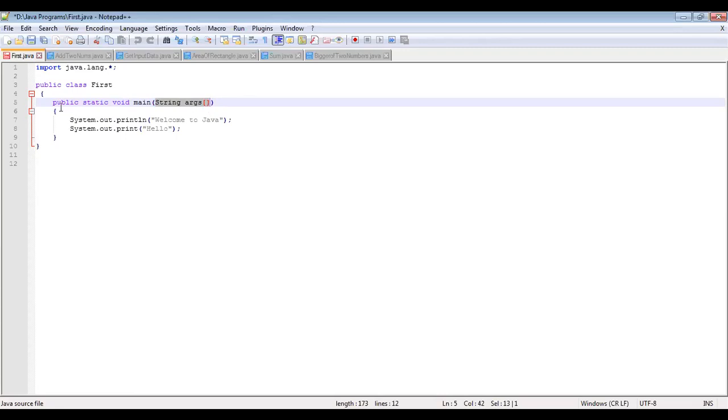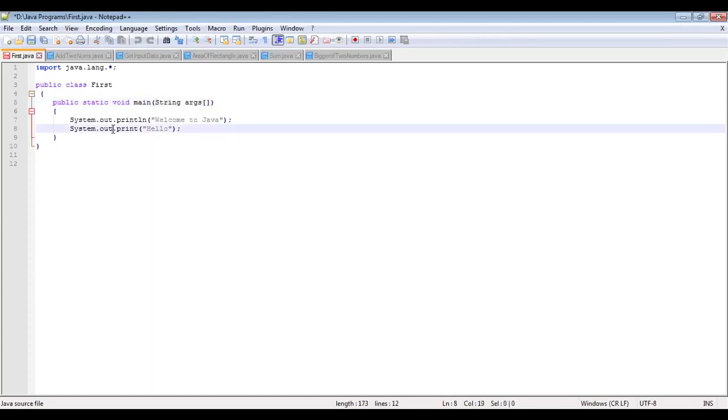So we have discussed public, static, void main, and String arguments. So what was this String args actually? Any Java program can accept any number of arguments from the command line. When an application is launched, the runtime system passes these command line arguments to the application's main method via an array of strings. So args is an array of type String. We have learned all these in detail in the previous class.